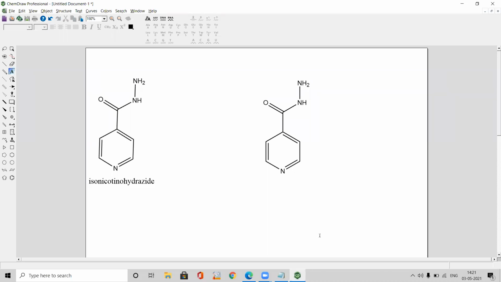First we need to draw the basic nucleus. Then we need to change the carbon atoms according to the heteroatom position which is present in the basic nucleus, so that we will get our final compound. Let me get the name of this compound. Isonicotinohydrazide. So whatever the structure we had drawn, that's correct.